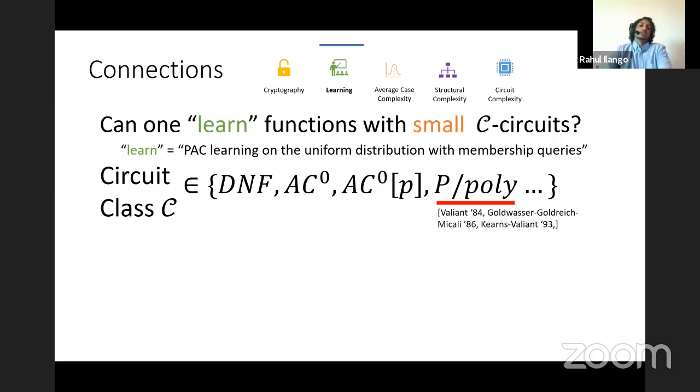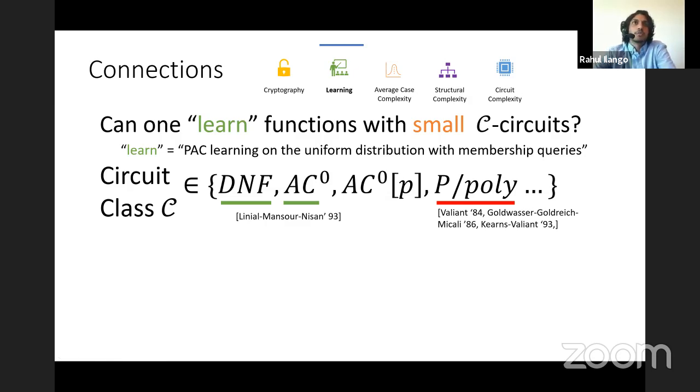And the reason why you would want to consider circuit classes is that early on, people realized that for cryptographic reasons, you can't expect to learn anything with small circuits. But they did realize you could learn simple things, like, so P/poly here represents general circuits, and people realized you could learn things like DNFs and constant depth circuits. But for about 25 years, it wasn't clear for other classes, like constant depth circuits with some stuff added onto them, whether or not you could learn them.